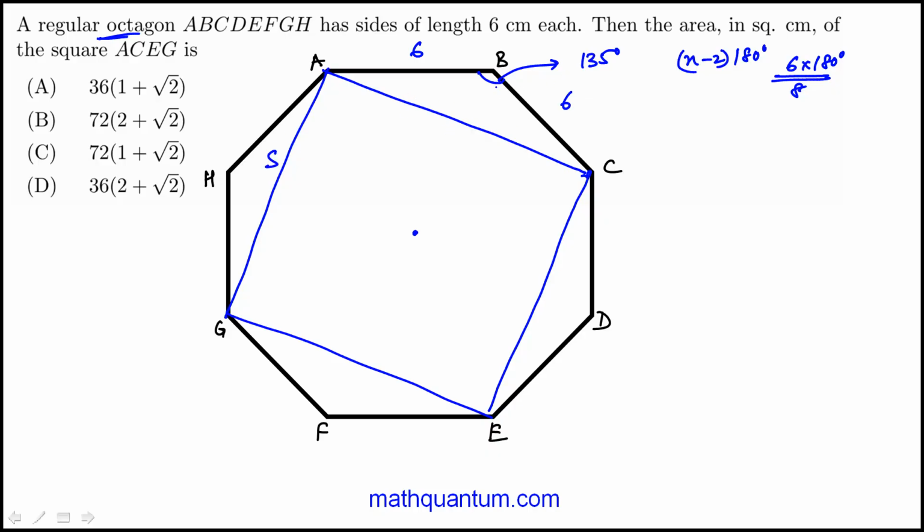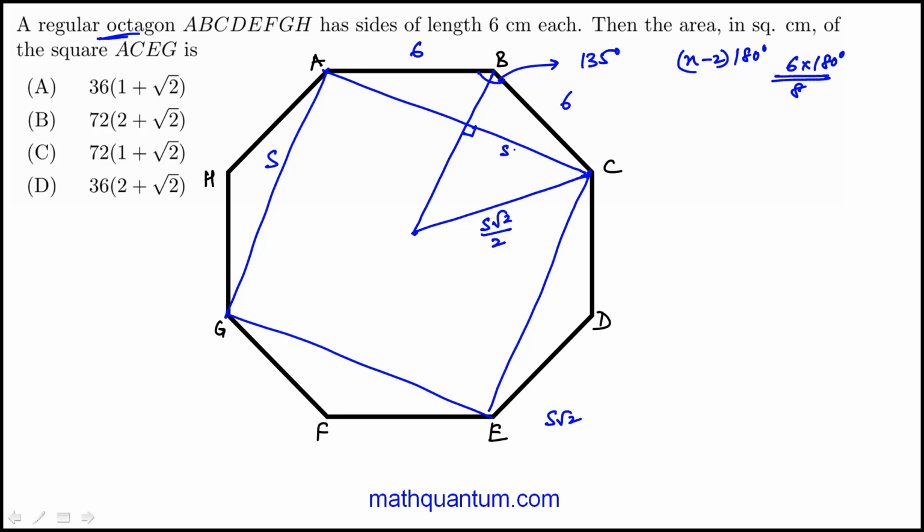That's length S. So if I draw that, this would be half the diagonal of the square. The diagonal of a square is S root 2, so this would be S root 2 over 2. Somehow I have to link the side here. So if I connect these two here,